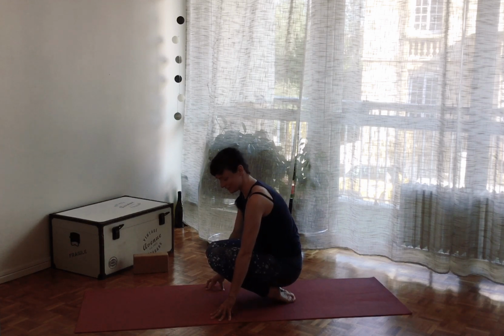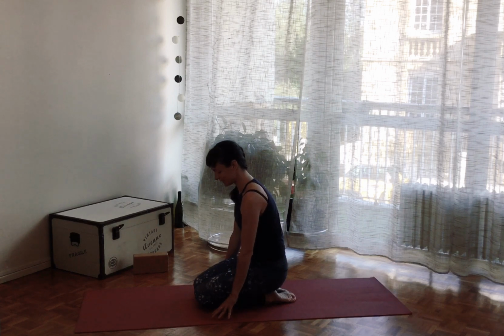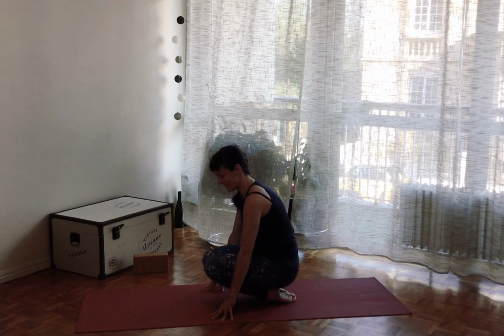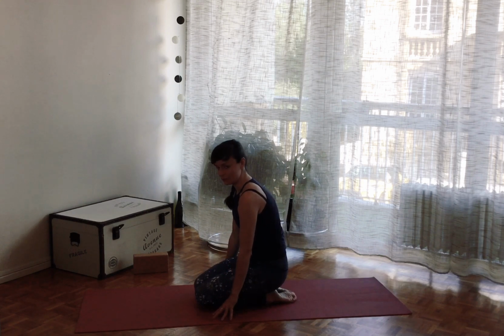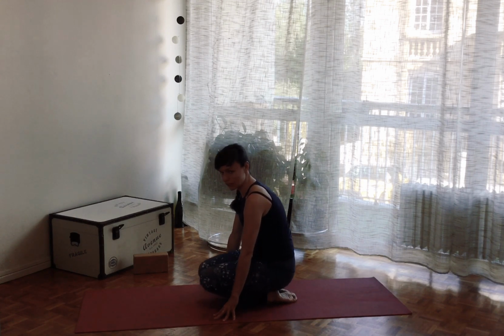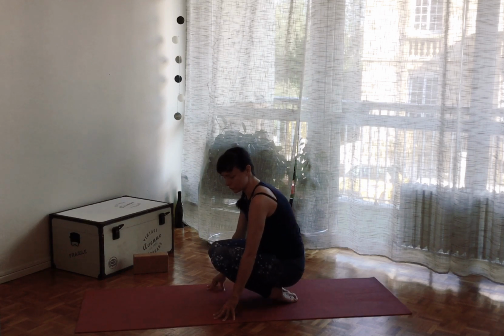We have been doing it also last time. So you should be already familiar with it if you were with me. And slowly up and down. You can do whatever you're able to do. So it can be very low movement, very small one, or if your feet